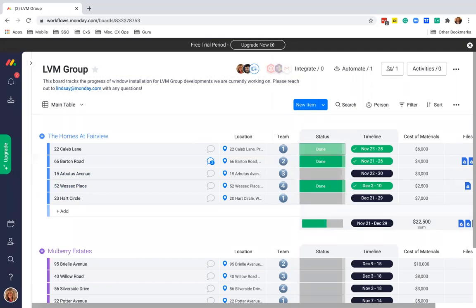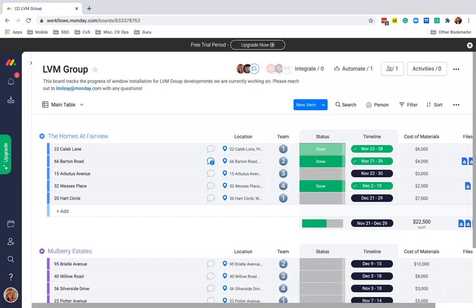So now that I've set up my automation to notify the team of a celebratory message when the project is complete, let's take that promised look at how this looks on the mobile app. So as many of our construction users know, you're usually working out in the field, out at a job site, and you're not necessarily near a computer where you can make changes. And you can't always wait to get back to a desktop or a browser because you want to make those changes in live time so that other people can have the information, get started on projects that they need, or what have you. So for that reason, the mobile app is very useful,